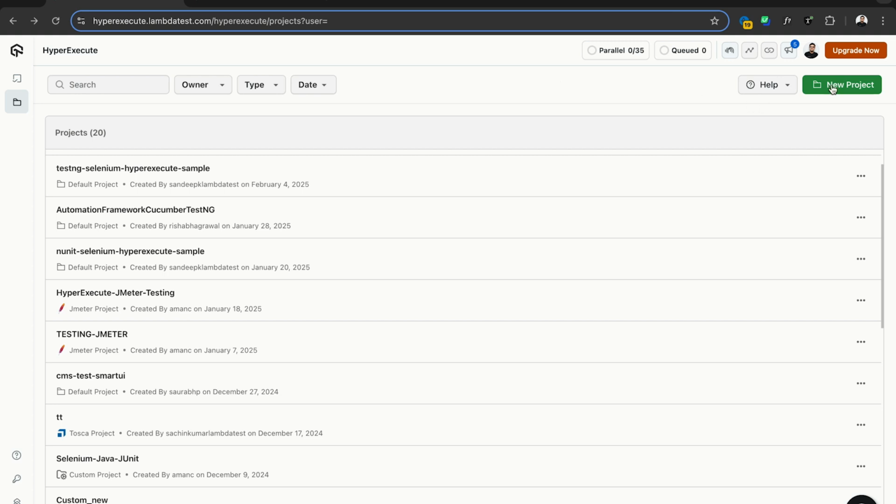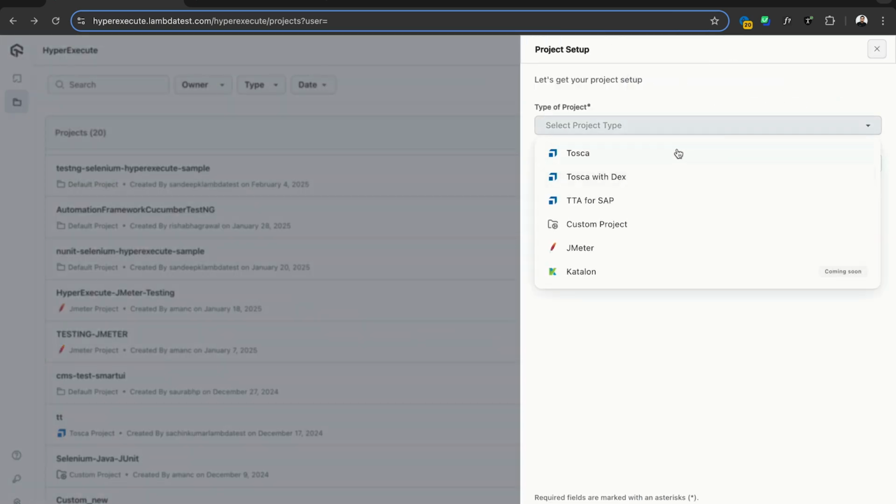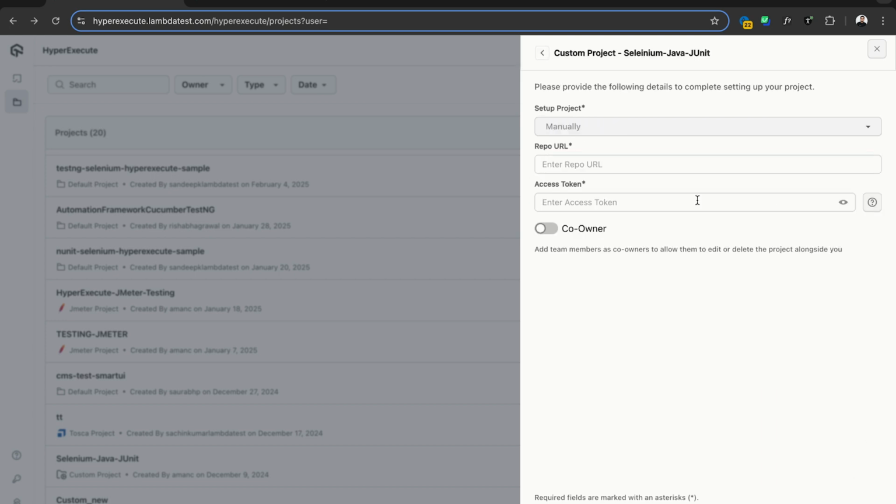You can also set up your projects on HyperExecute. You can set up your Tosca projects, custom projects, or even your load testing JMeter projects. In order to set up a project, you just give it a name and then provide the repo URL and access token for this particular project. Once you have done that,